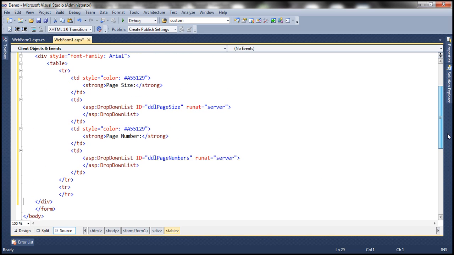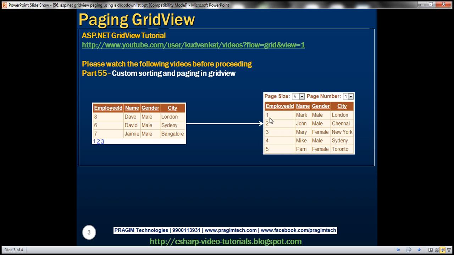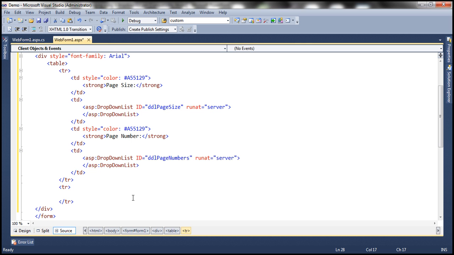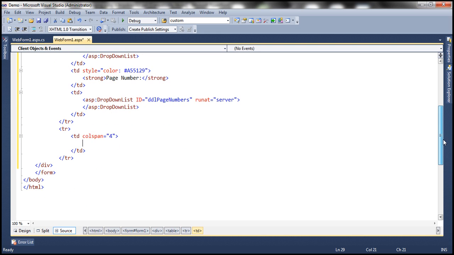So in the second row, how many TDs do we need? We need only 1 TD. And the width of that TD should span across the width of the 4 TDs in the first row. To specify that, I'm going to include a TD here, and then set column span equal to 4. Now let me go ahead and paste the HTML of the grid view control within this